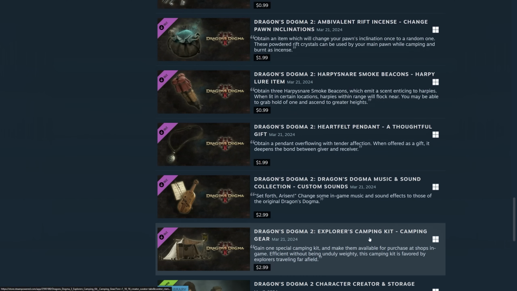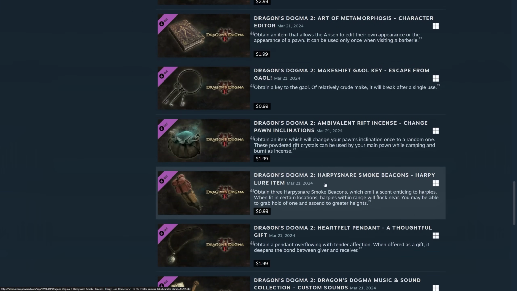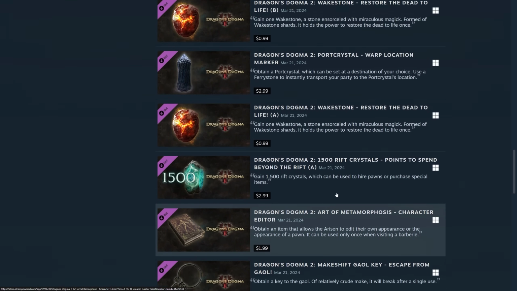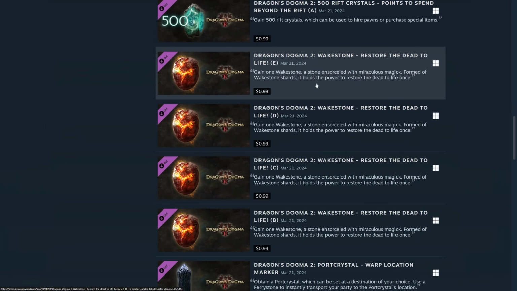The Explorer's camping kit, you're riddled with camping kits in the game. If you bought the deluxe version, you came with a camping kit. And a lot of these other things, I've got one of these. I don't think I have one of these, but I can get one. I haven't gotten one of these yet. I will show you how to buy one of these. And the rest of this is all just stuff you find in the game. You get 3 Wakestone shards. It makes 1 Wakestone. And that's how you resurrect